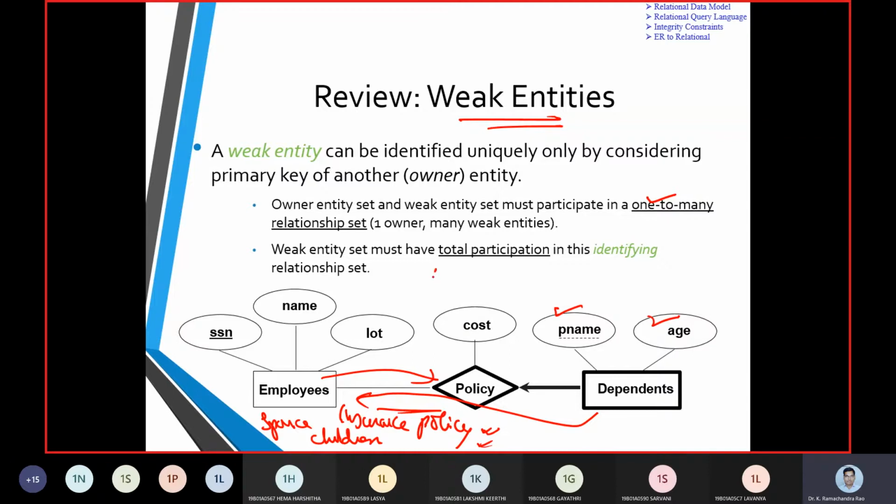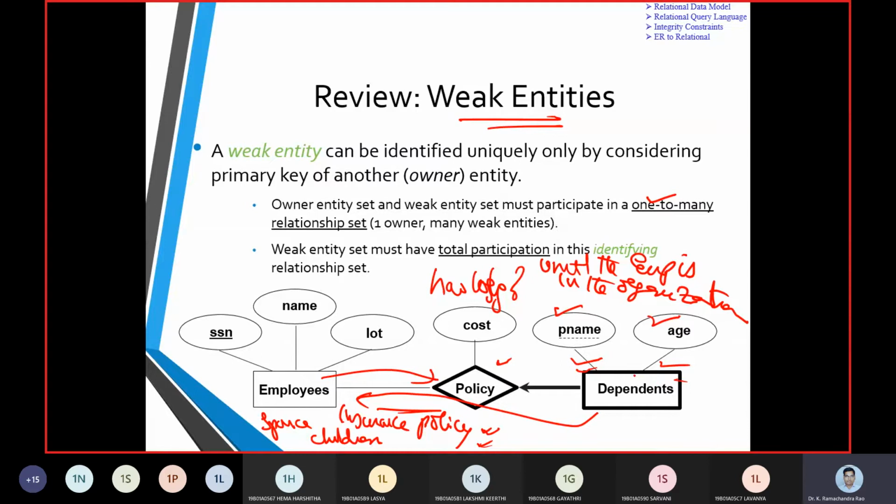But how long? Until the employee is in the organization. As long as the employee is in the organization, the policy benefits will be available for his spouse and children. But if the employee leaves the organization, then the policy benefits will not accrue to them.